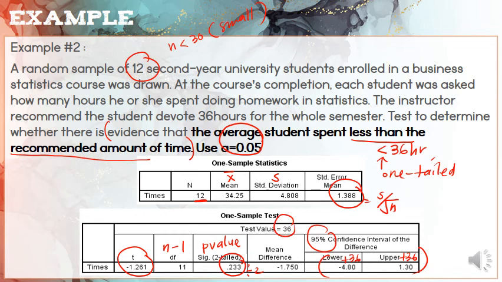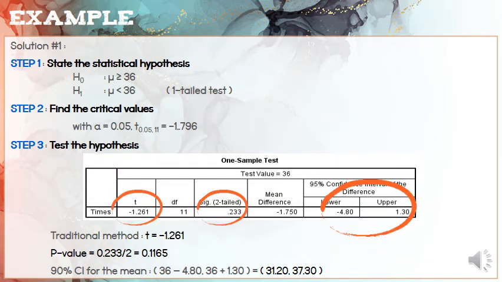So from the output, awak boleh decide which method you want to use, but please make sure that you follow step 1 until 5. Start with your hypothesis. So in this question, sebab claim kata less than 36, so your null hypothesis will be greater than or equal to 36. It's a one-tail test. Find your critical values. At alpha 0.05,